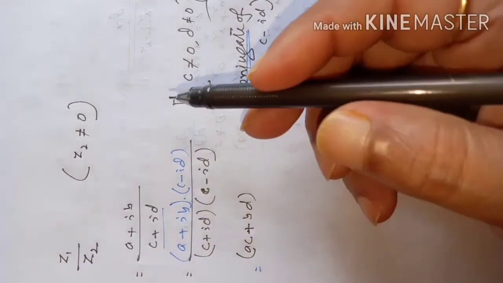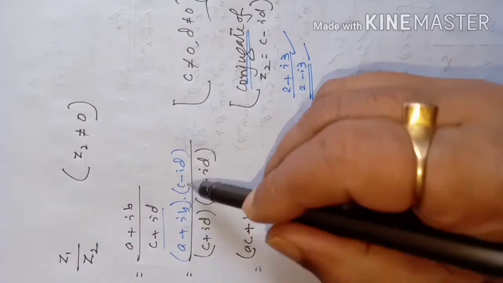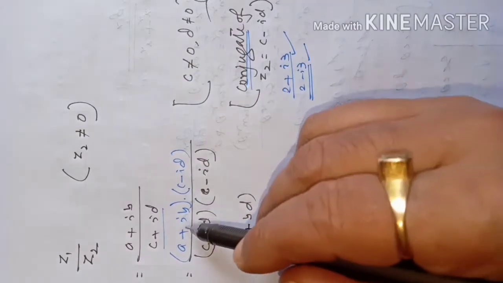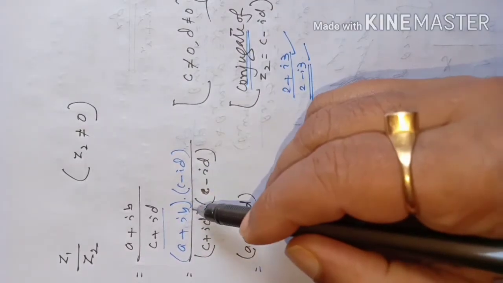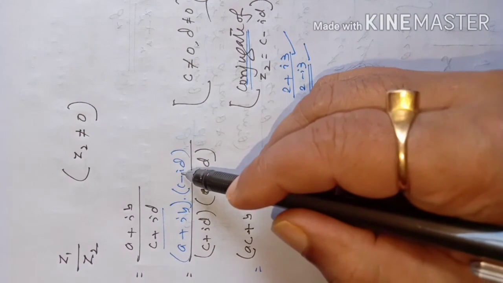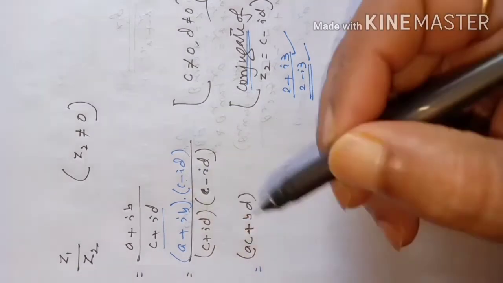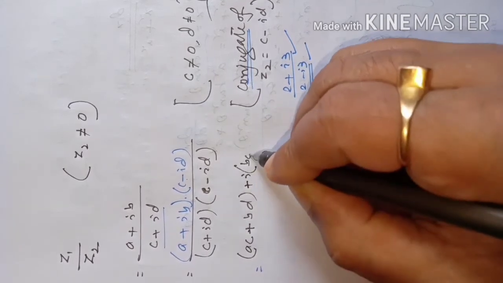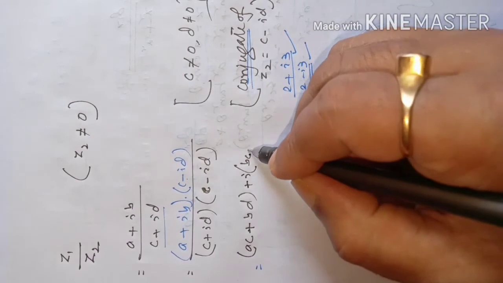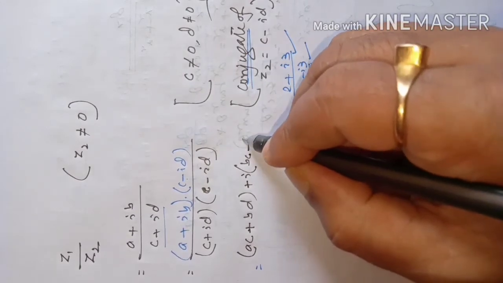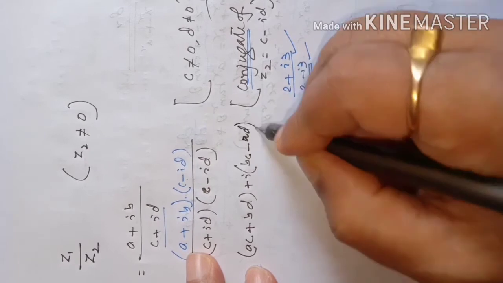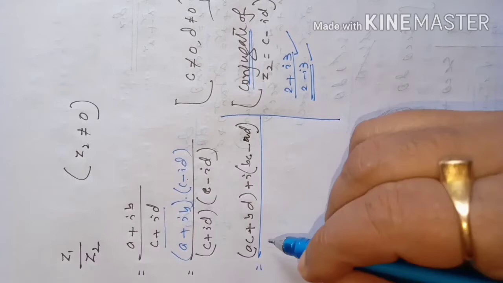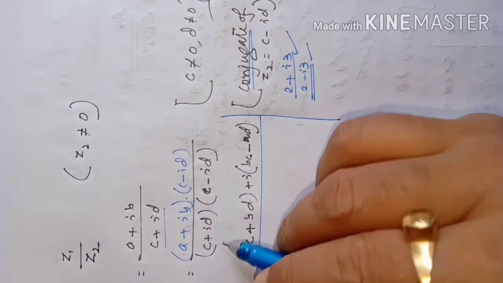By the distributive property you can multiply. a into c is ac, a into iota d will be imaginary, iota b into c is imaginary, then iota b into iota d will be real, but iota into iota is minus 1, and with the minus sign here it becomes plus. So then plus iota bc minus ad. So this is the product, divided by